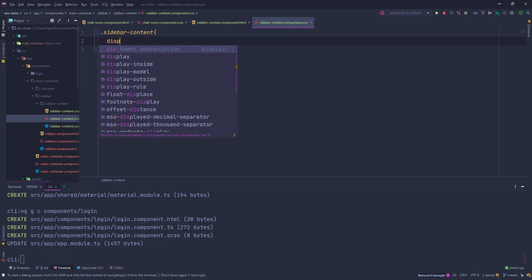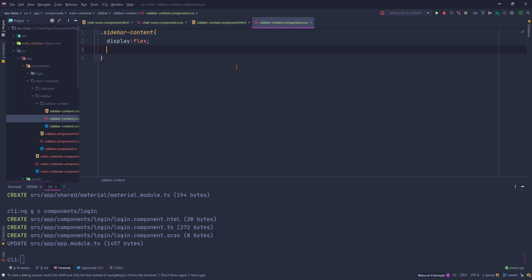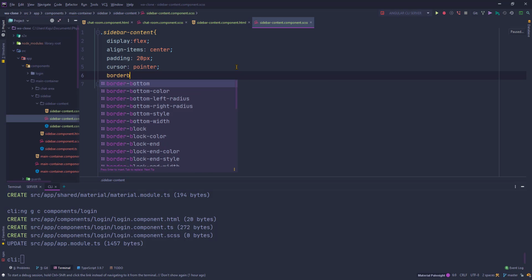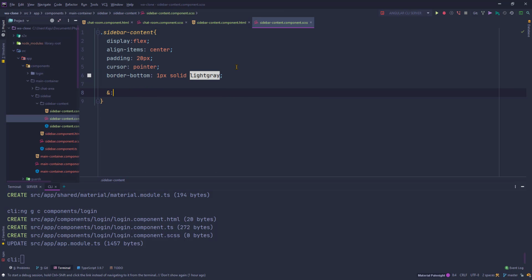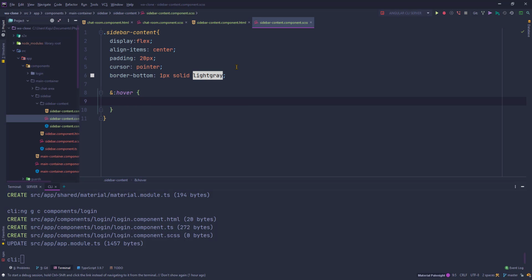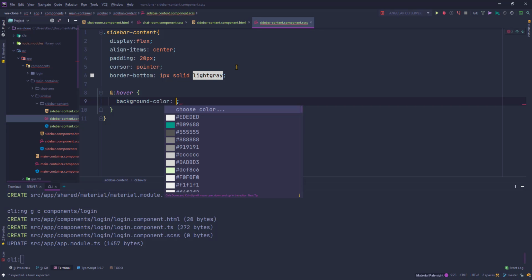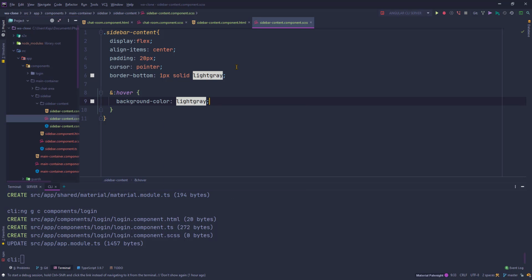So now let's quickly jump to the CSS. Sidebar content, display flex, align items center, padding 20 pixels, cursor should be pointer, border bottom 1 pixel, solid light gray, and on hover, this is a pseudo property. So on each item, when you hover, I want the background color to switch to light gray,